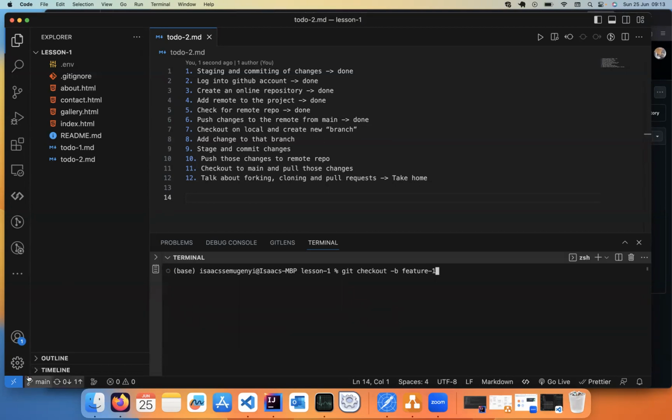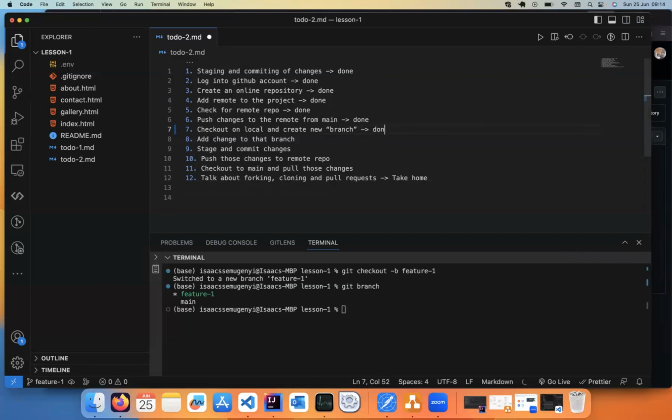branch. So you notice that down here where we have main, as soon as you run this command, you see that it will change to feature one. And here as well, it tells you that it has switched to this branch. So it has created that branch and switched to the branch. We can confirm this by running git branch. You'll see that it is now on feature one and it is pointing here, and that's where we're working from. So now that we've checked out here,